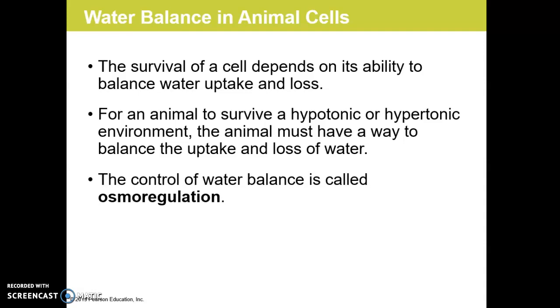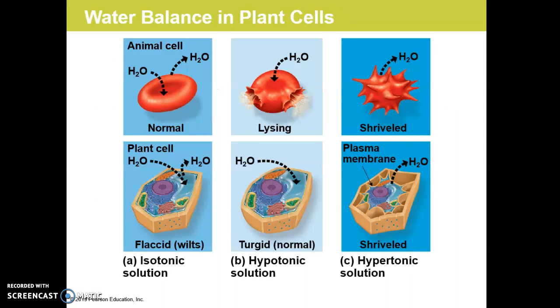In order to survive, cells have to have a way to regulate water that is lost and taken in. Animal cells need to be able to survive in hypotonic or hypertonic environments, and that process is called osmoregulation. It just means the control of water balance. This is a figure from your book, and it shows what happens on the top row to animal cells placed in different solutions